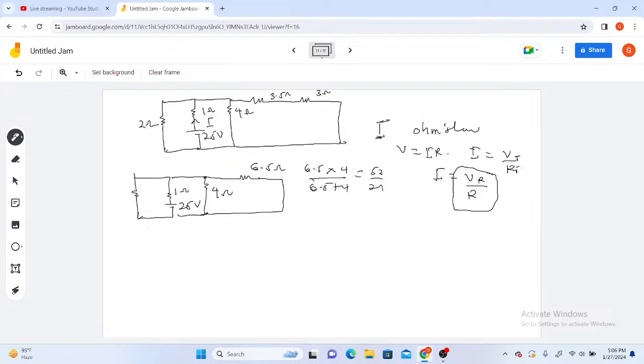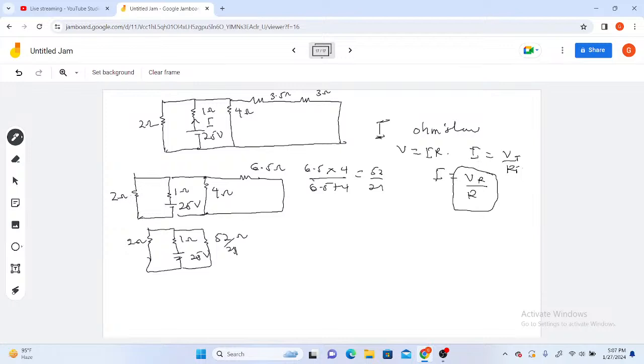So I'll redraw the circuit and I'll be getting something this way, my 1 ohm and my source back. So this place becomes the 52 on 21 ohms. Here is 1 ohm, 25 volts. This place is 2 ohms. So now that you have this, working away from the source, we tackle 2 ohm and this, and